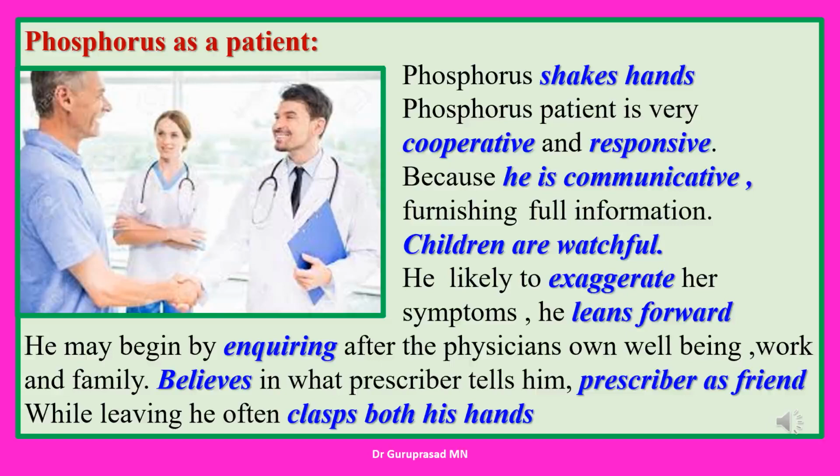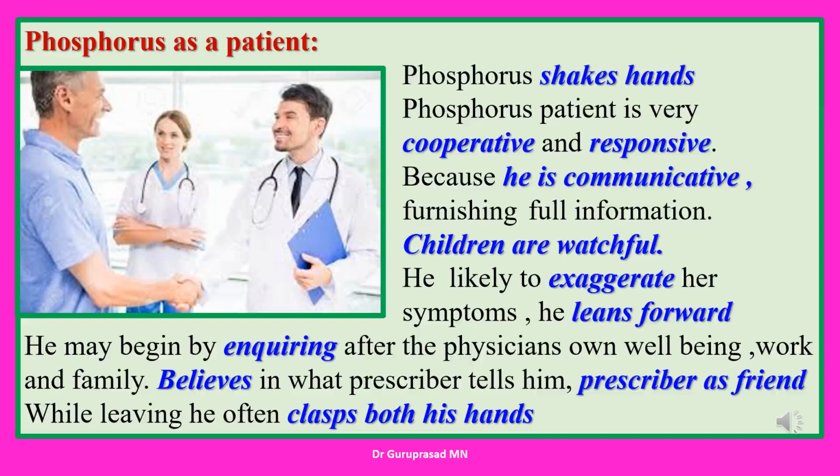He will watch everything you do for him. If it is a Phosphorus child, the child is highly observing what all things you are doing, and the same thing the child will go and repeat at home. On seeing him again, he says, "Doctor, I forgot to tell you something more." Such individuals tell everything in detail, and you need not ask much about anything. They freely express, and they are very transparent. Nothing is there to hide. That is typical of Phosphorus.